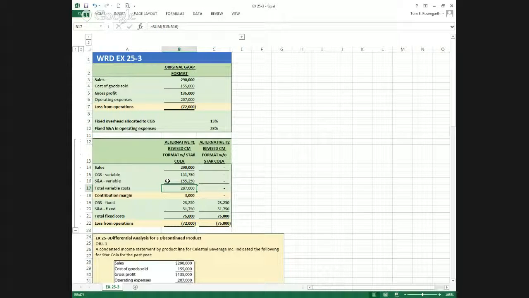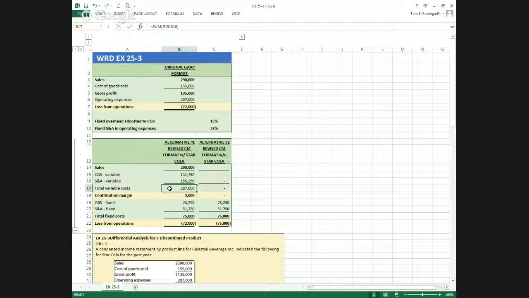And you can see that that is $155,250. Adding total variable costs together, the $131,000 for cost of goods sold that's variable, and the $155,250 that is selling, general, and administrative expenses that are variable, that produces total variable costs of